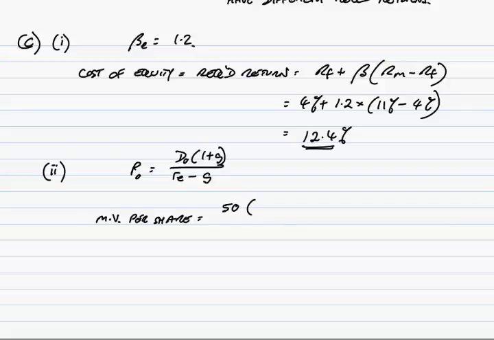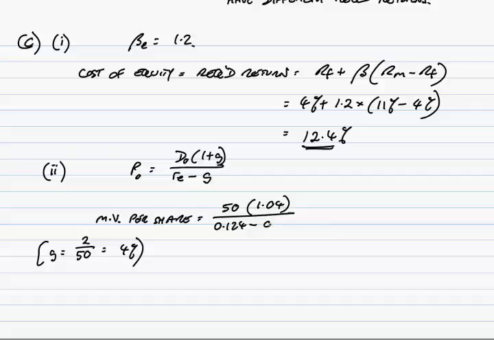Times 1 plus the growth rate. How can we get the growth rate? It says the dividend per share is 50 cents. We expect the next dividend per share to be 52 cents. And so g, the dividend growth rate, we expect it to go up by 2 cents on 50, which is what? 4%. So back to the formula, 1 plus g, 1.04 over required return. Well, we've just done that, 12.4%,